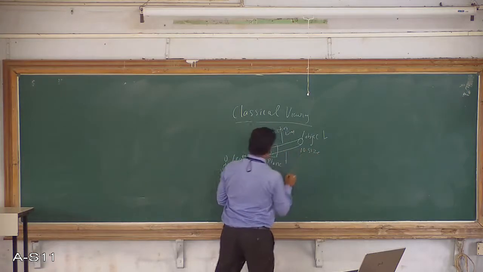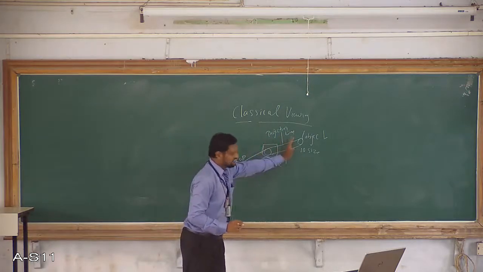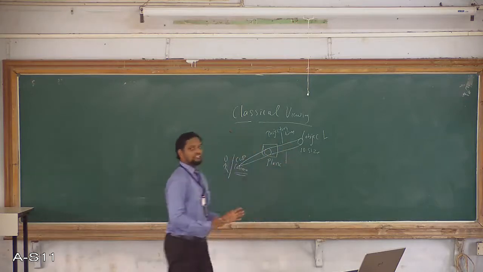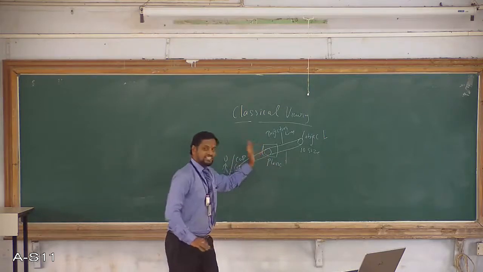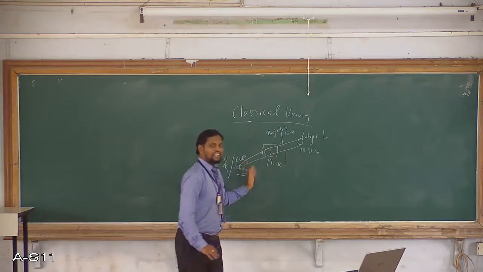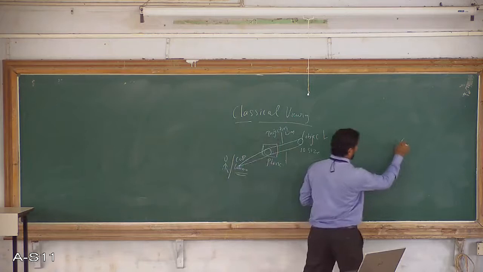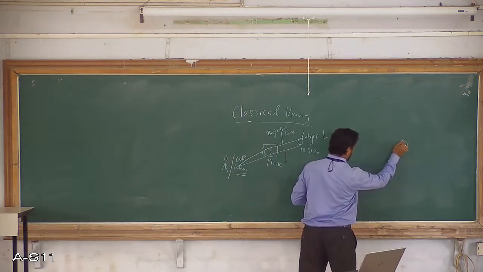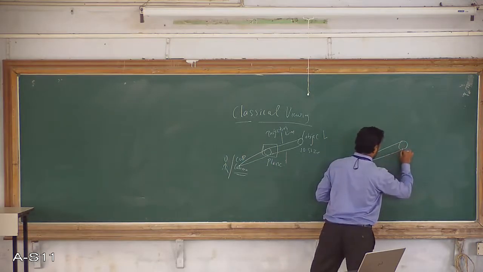If I move this plane towards the object, the object size will become larger. And as I keep moving this plane towards the camera, the object size will get reduced, because this angle will be like this actually. I will draw the correct figure. If this is an object, this will be projected this way.